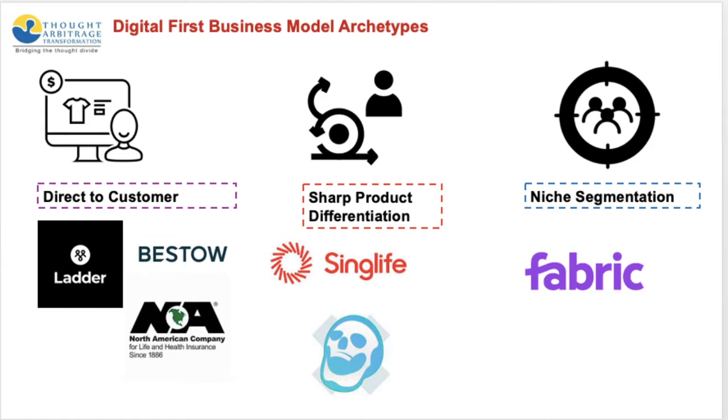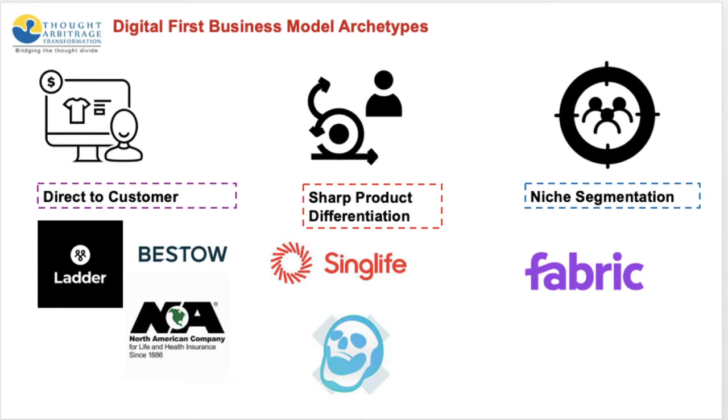So I'm going to start with the D2C model with a company called Ladder Life. It's a D2C term insurance online player, purely digital native. They do not charge commissions or employ salespeople. They allow users to get a quote and apply for life insurance cover online or via mobile. At Ladder, every customer is underwritten individually, which means it's impossible to predict whether a customer will be asked to comply with medical tests. In the event it's required, a traveling salesman will come to your home or workplace, measure BMI, take blood pressure, and collect samples. The USP is that it targets young customers who need insurance but find the current system cumbersome.